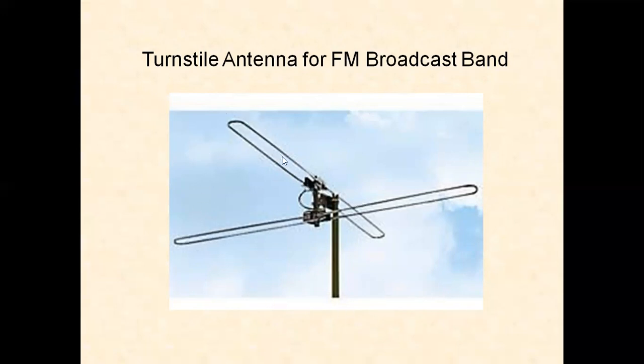This is one folded dipole. This is another folded dipole. They are cross connected, perpendicular to each other. One is fed with 0 degrees phase shift. The other one is fed with a signal with 90 degrees phase shift. Then this antenna produces a figure of 8 pattern, and this antenna produces another figure of 8 pattern. If those two are combined, we get an omnidirectional type of radiation pattern.